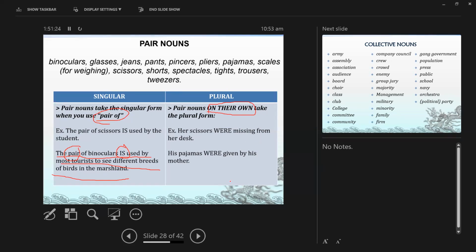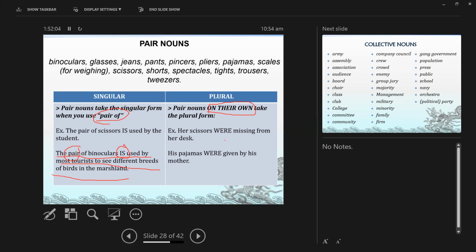And then his pajamas were given by his mother. My pajamas are stolen from the neighbor. Dalawa ibig sabihin no, it's either I stole it or the neighbor stole it. Okay, for example, sinungkit nung neighbor mo yung pajamas mo, no? Sa sampayan. So you say, my pajamas are stolen by my neighbors. Meaning, yung neighbor ko, they stole my pajamas.